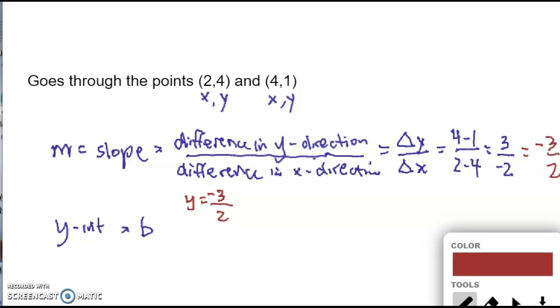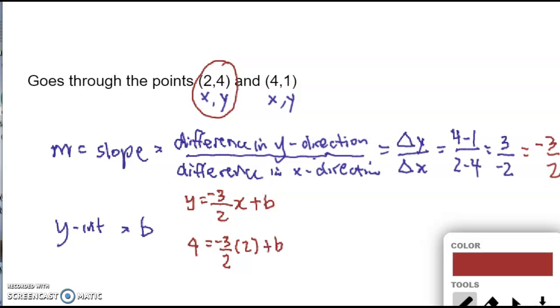So y is equal to negative 3 over 2 x plus b. That's what we have so far. We do not know what b is yet, but for y and x, we can plug in one of the points. Let's plug in the first one, and you could have done the second one too. Okay, so y is 4, equal to negative 3 over 2 times x, which is 2,